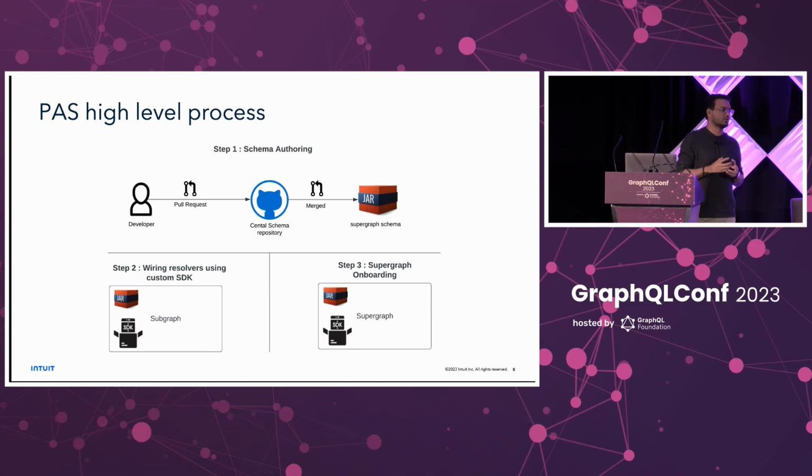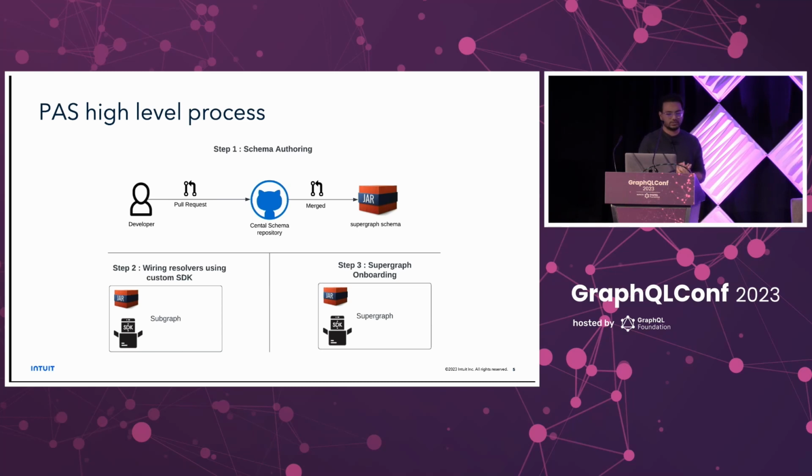It's not the traditional GraphQL model where you actually start with SDL first, because of the way the PaaS evolved. In addition to the schema jar, there was also a PaaS SDK that we needed to add as a dependency, which helped wire the resolvers. That's not it. The third step was the subgraph consuming this jar, and us registering manually with the supergraph that this type belonged to this service. The routing configuration I had to do manually. So these are the 3 steps we had to go through to register the tax subgraph with the